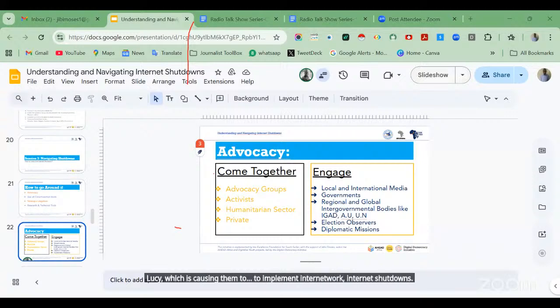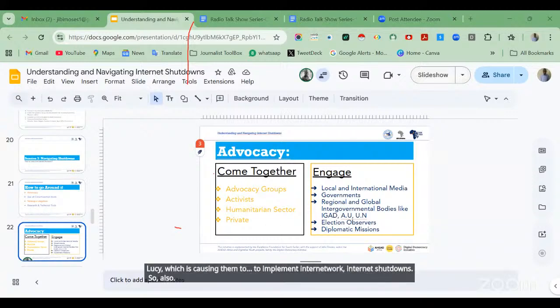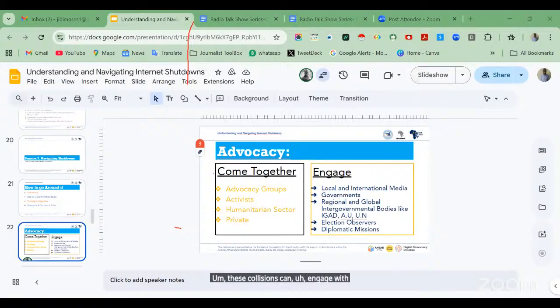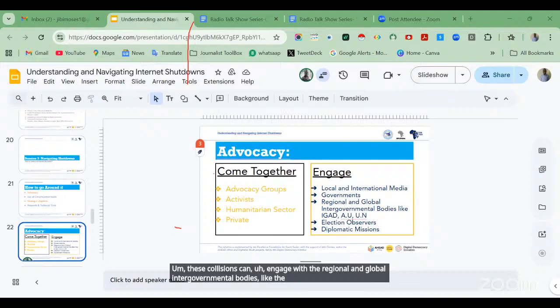These coalitions can also engage regional and global intergovernmental bodies like IGAD, the AU and the UN, to find solutions or put more pressure on the government to keep the internet on.